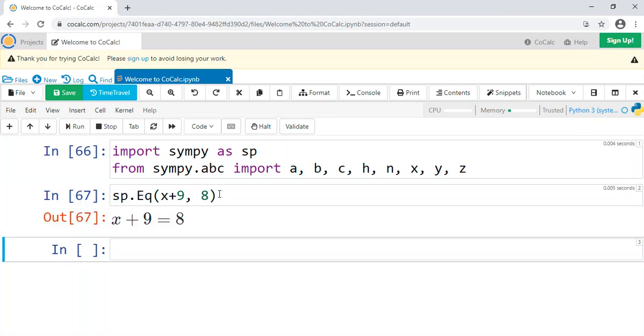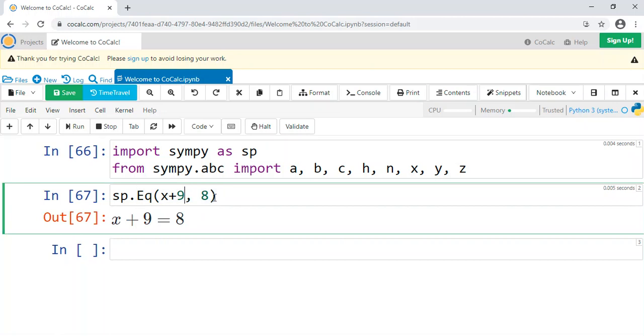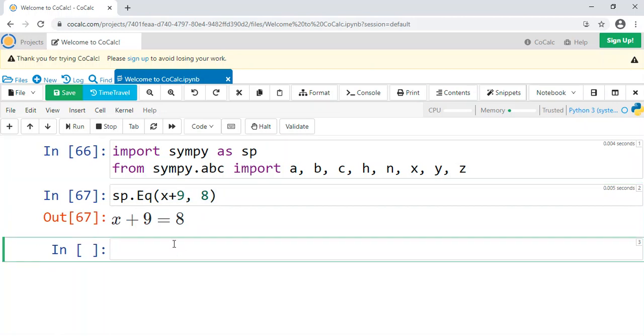So that will give you x plus 9 equals 8. That's how it stores it, as the equation. Notice that SymPy kept our equation in a symbolic form. It did not solve for x automatically. And so if you want to solve for x, you have to tell SymPy to do that specifically.